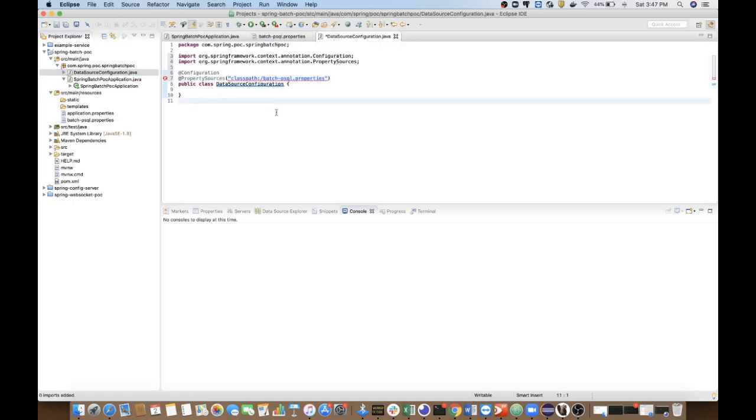So far so good. Now I need to initialize it. So I'm putting a void init method, and I'm annotating it as a PostConstruct.